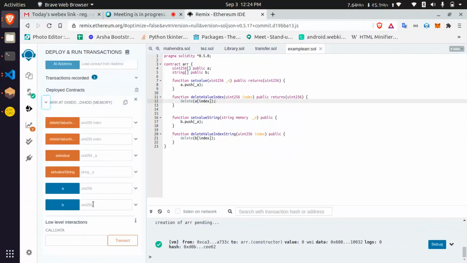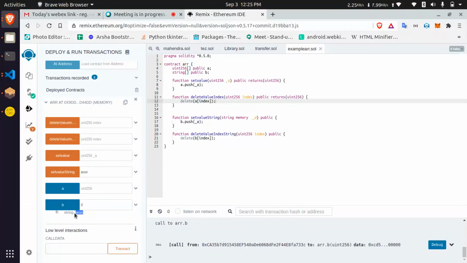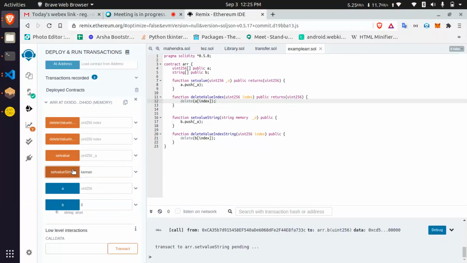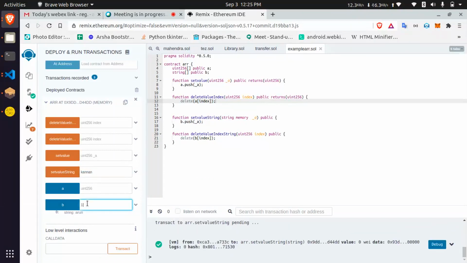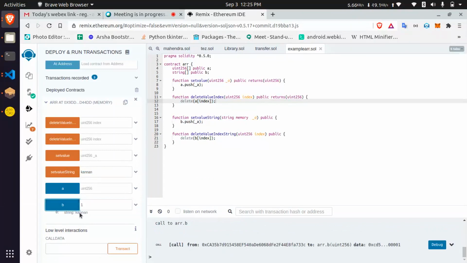Okay, now you can see setValue string. I am just going to enter Arun. Okay. The zeroth string, Arun, is there, and then I am entering at the next index. One is there, one is there.